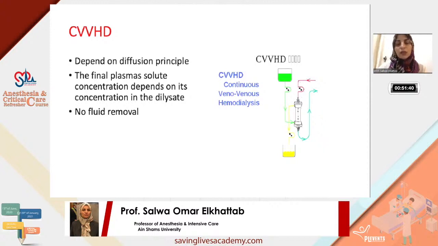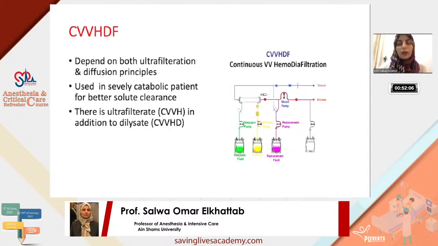By diffusion, the higher urea and creatinine in the patient's blood will exchange with the no or low concentration in the dialysate, and then this will be drained as effluent once more. In dialysis, you are only exchanging solutes by the principle of diffusion, and if no ultrafiltration is added, no fluid will be removed. But if you add fluid,